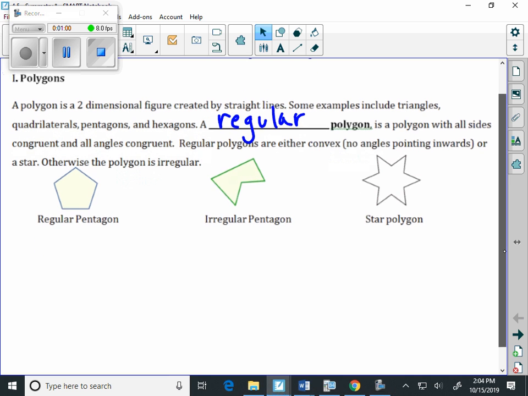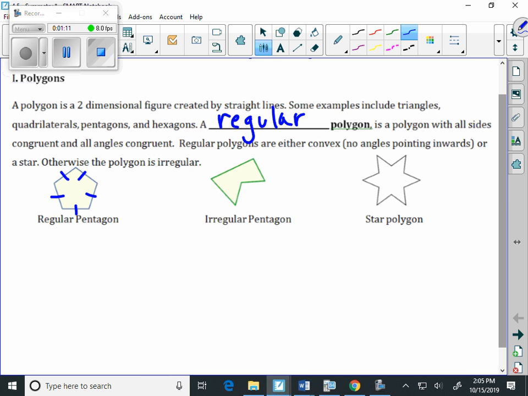So if we look to the left on our paper, we see a regular pentagon because all of the sides are the same length and all of the angles are the same measure. In the middle is the irregular pentagon. We have straight lines, but we can tell by looking at it, first of all, that the side lengths aren't the same length. But even more so, we have an angle that points in towards the polygon instead of going